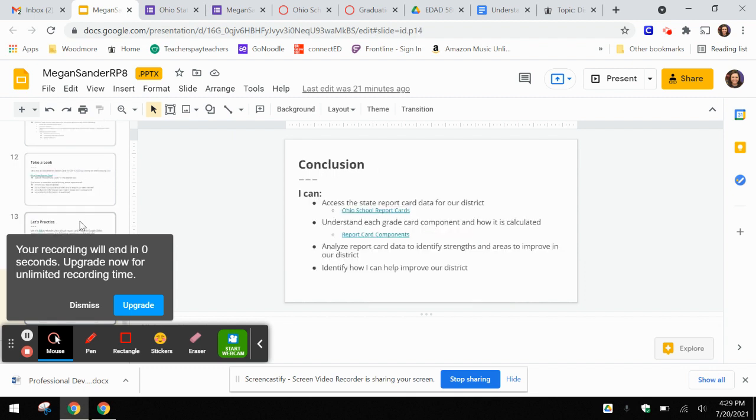And as a wrap up, like I said at the beginning, the objectives that I stated for this presentation were that I want you to be able to say, I can, to a few different statements. The first one is, I can access the state report card data for our district. A few slides back, we talked about how to do that. There's a link in there, but I did post that link here for you just in case, as you're doing a self-assessment, you want to hop back there and jog your memory. The second I can statement that I want you to be able to answer at this point in time is, I